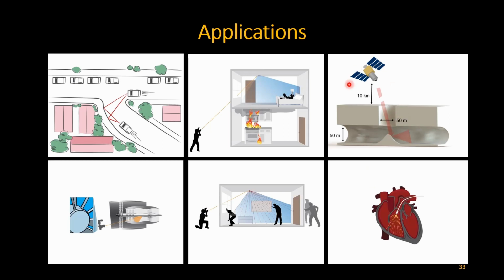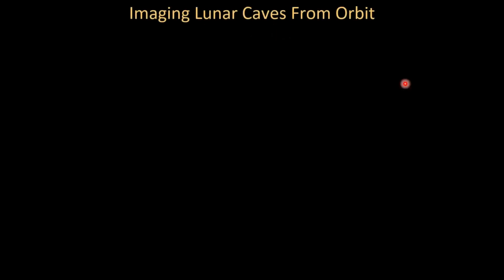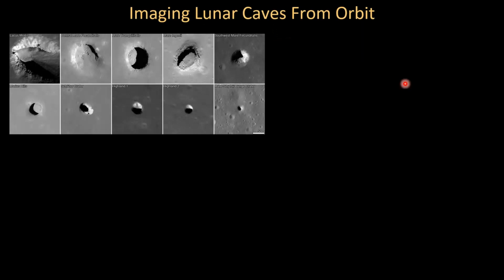The other one that I'll talk a little bit more about in the minutes that I have left is this imaging of caves from the air. This is something we actually seriously explored together with the NASA Jet Propulsion Lab on a grant. The idea here is to look at these objects. These are images from the Lunar Reconnaissance Orbiter, which went up in the early 2000s. It did a complete imaging survey of the moon, the entire lunar surface at a high resolution, and it found lots of these objects that are holes in the ground, but it really doesn't look like impact craters, right?